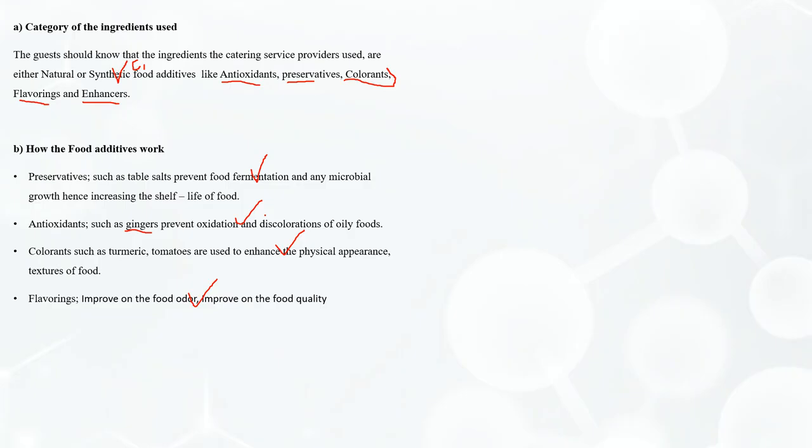But now in the question, do you need to give all these four? For our discussion, we have been able to give all. But if you are told to choose only one that you know very well, if you know antioxidants, talk about antioxidants and how they work. Even here, you can give antioxidants only. So when you talk about antioxidants, they can be natural or synthetic. Then here I also come and talk about only antioxidants.